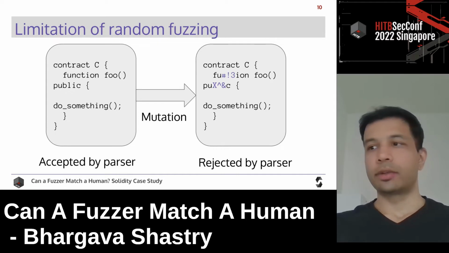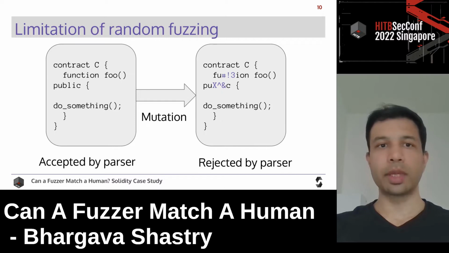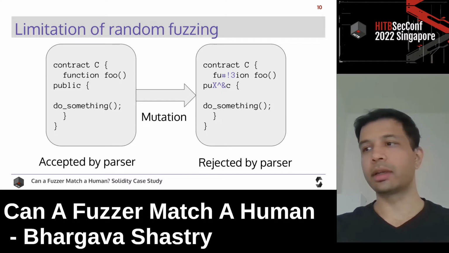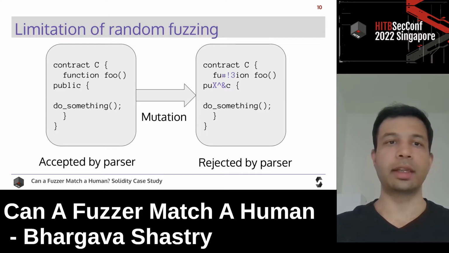There is a caveat though. I said random input generation is very effective in general, but it's not really well suited for compilers. The main reason for this is that most mutations or changes to an existing test input render it unparsable. For example, if we would randomly mutate the smart contract shown on the left, which is syntactically well formed,